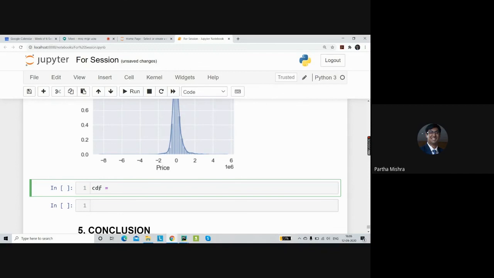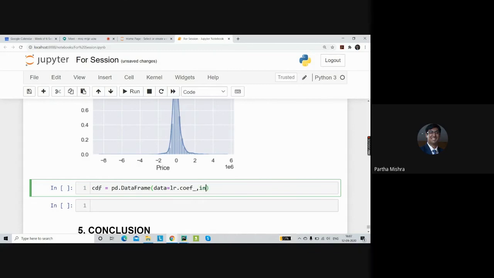So for creating the data frame, we can simply mention pd.DataFrame, and inside I'll mention the parameter data equal to the coefficients of the linear regression model. lr.coef_ is going to store the information of the coefficients from the linear regression model.